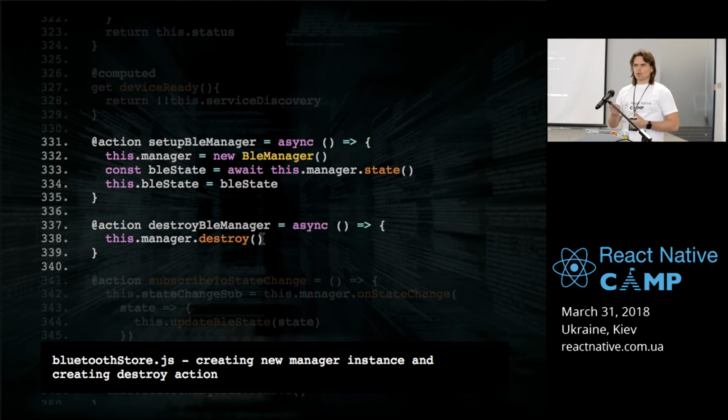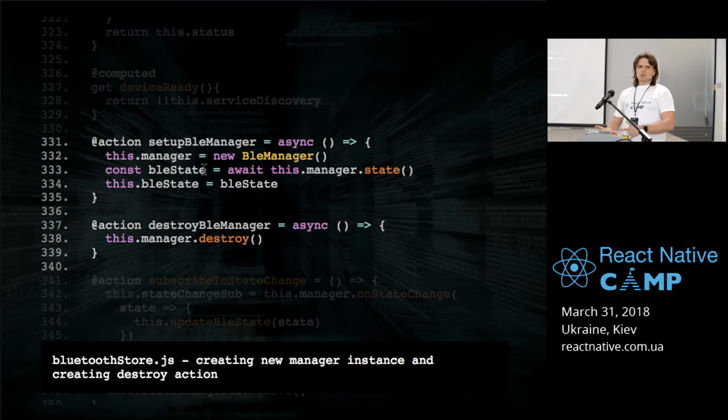So if you use a screen that doesn't need this Bluetooth functionality, you need to get rid of the manager, so resources will be available and the application will perform well. Then you create a new instance of the manager, and here I have BLE state, which is a variable available on the store.